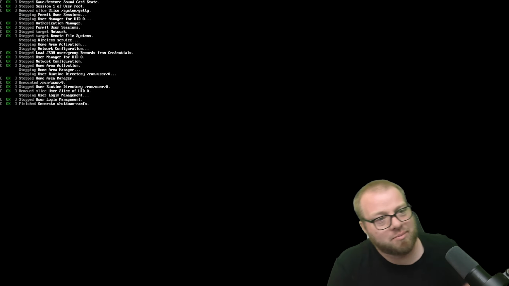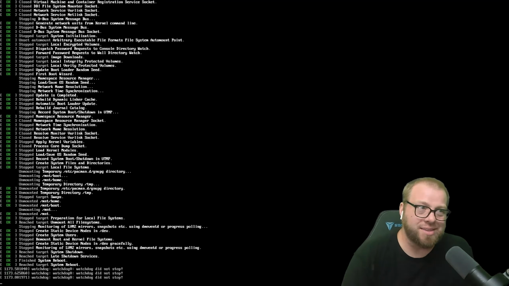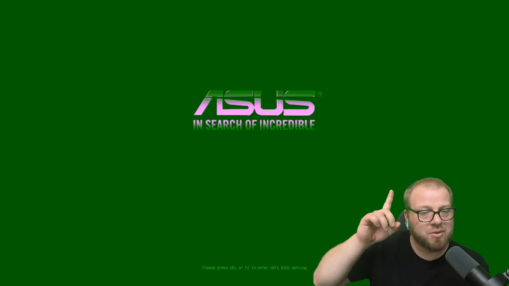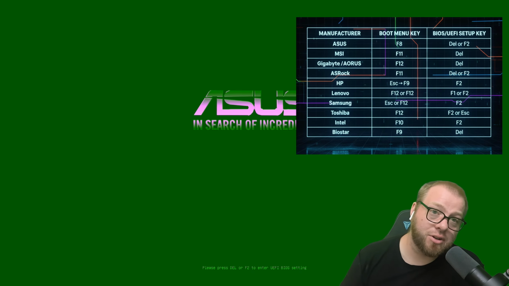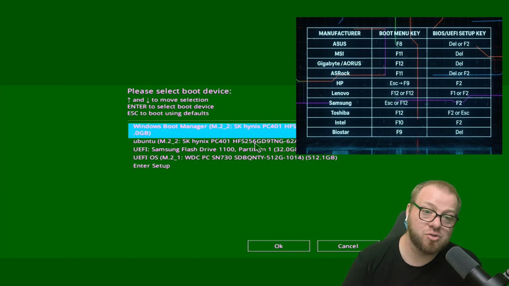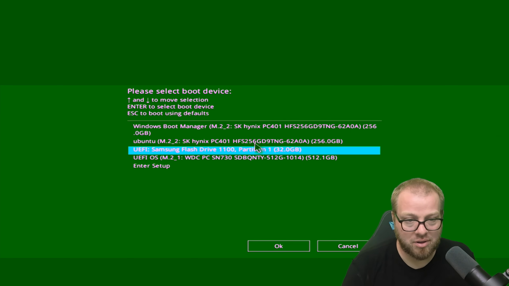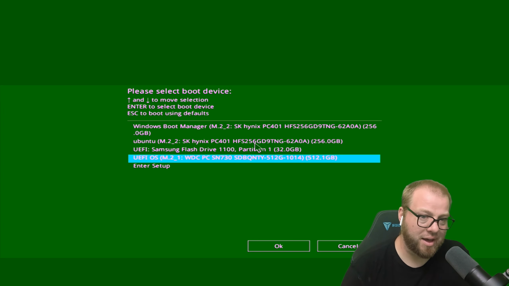All right, reboot system. This whole process took about 15 minutes or so. So it wasn't too bad. I'm going to go ahead and spam my F8 button, but you can spam whatever button you're looking at right now because it's probably going to throw you directly into the Windows Boot Manager. See how that's the first boot option here. So we're going to go ahead and scroll down to UEFI